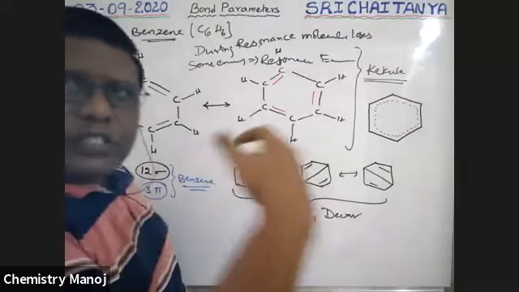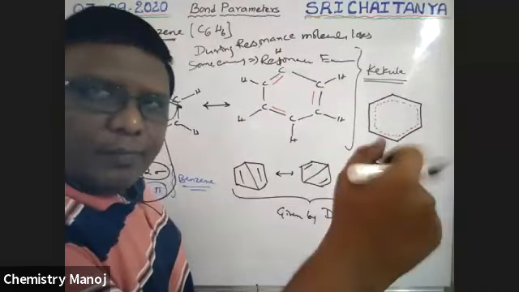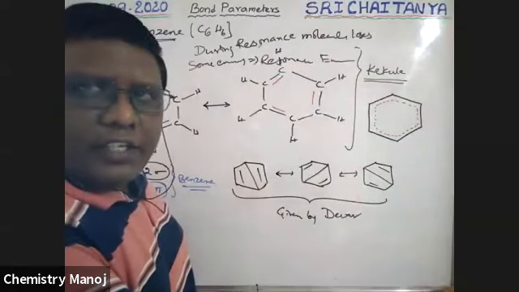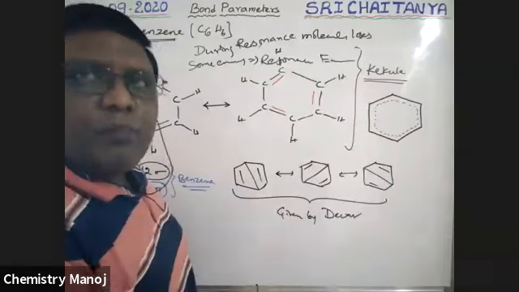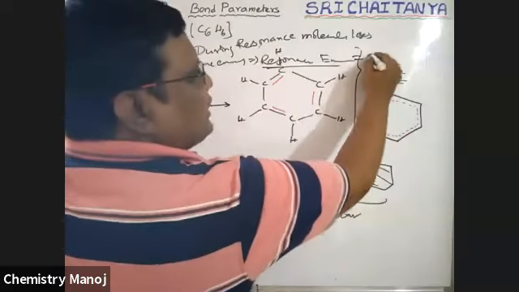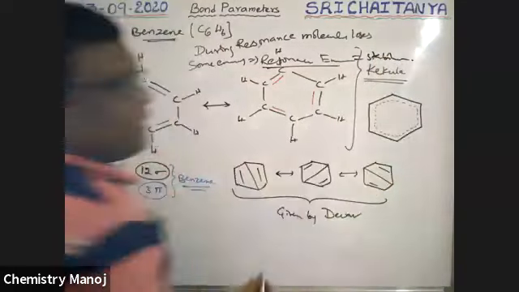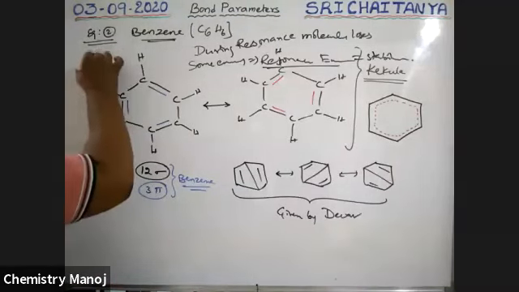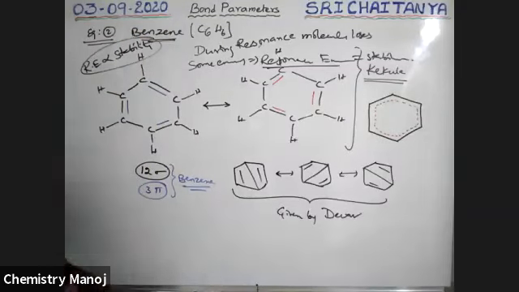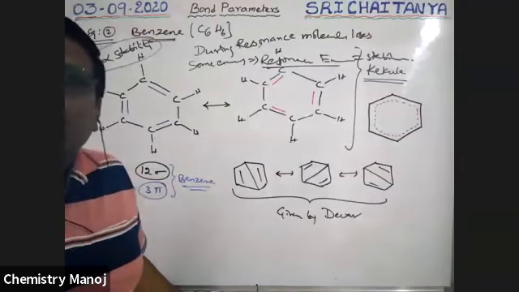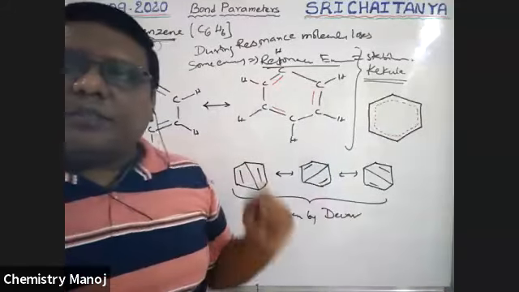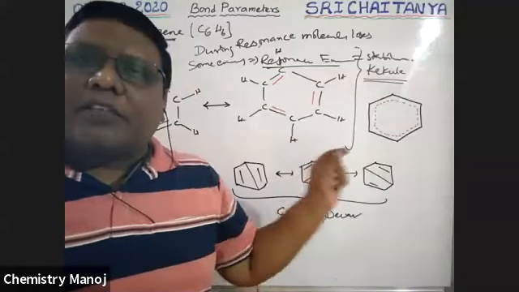So losing energy is resonance. That much energy is lost means that much less energy for the molecule. So the more energy lost, the more energy comes out, and the less the inner energy. The less the energy, the more the stability. That means resonance energy is directly proportional to the stability of the molecule. Resonance also helps to explain the stability of the molecule. That is why benzene is so stable, because of the large number of resonance structures.